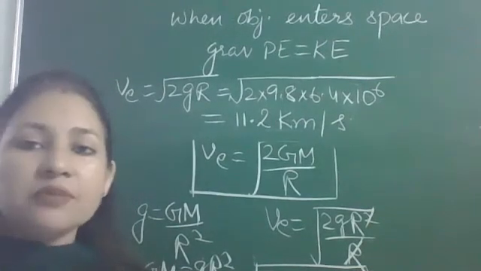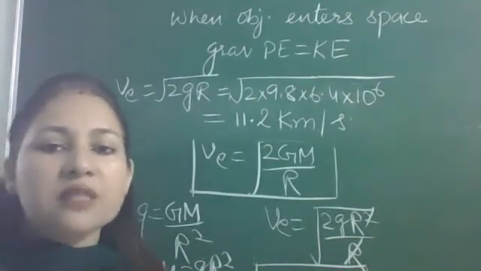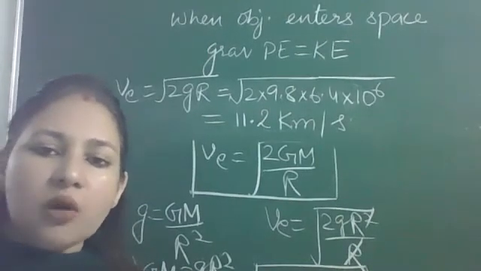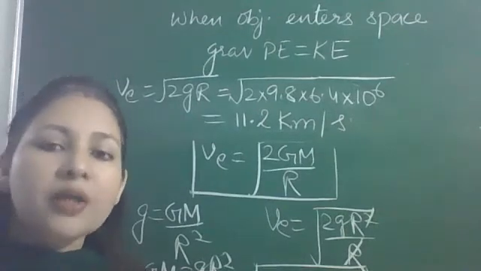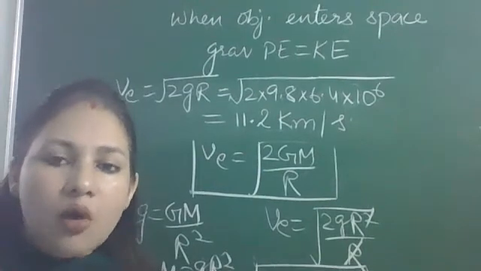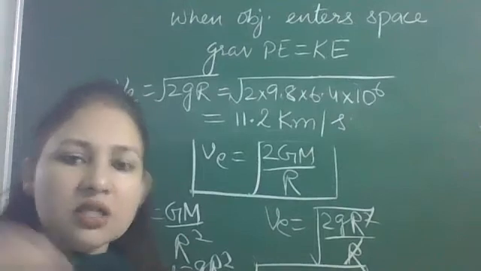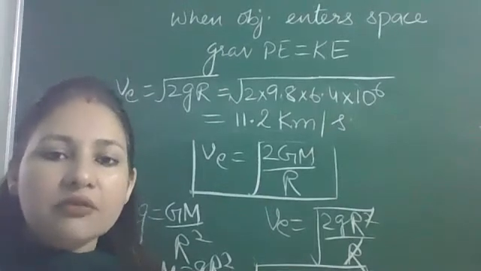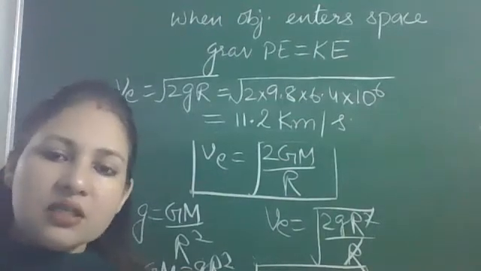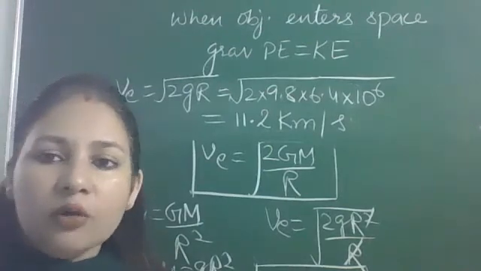We have a conceptual question based on this concept also: why does the moon have no atmosphere? We can answer on this basis. The moon has no atmosphere because of the very small value of escape velocity, 2.4 kilometer per second. So it could not hold even its gases. All the gases escaped from its surface. That's why the moon has no atmosphere. So this is a conceptual question based on this concept. I hope that logic is clear to you.